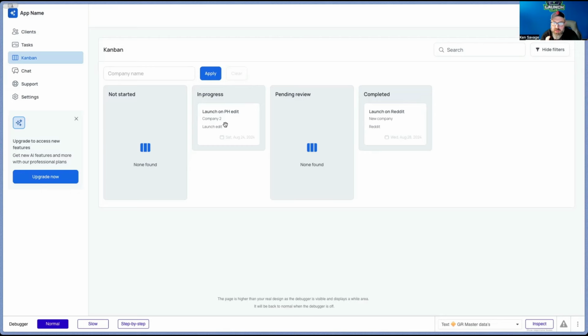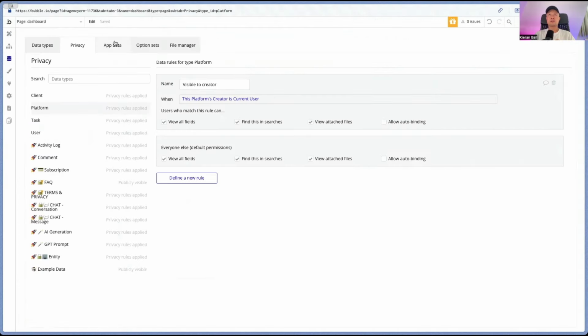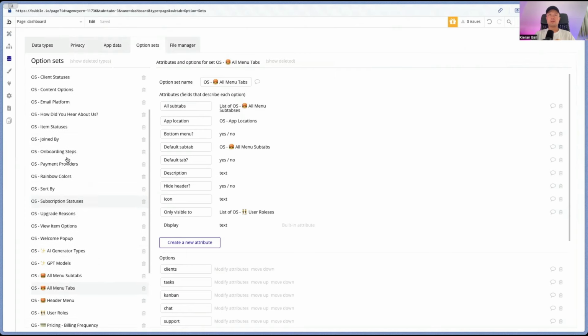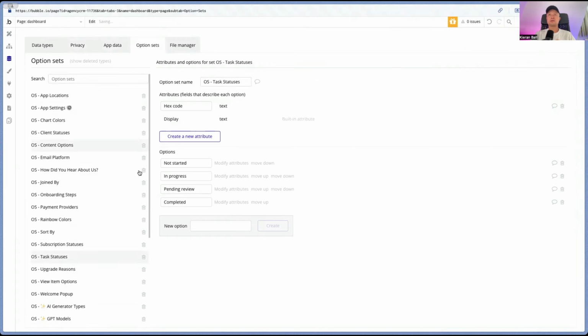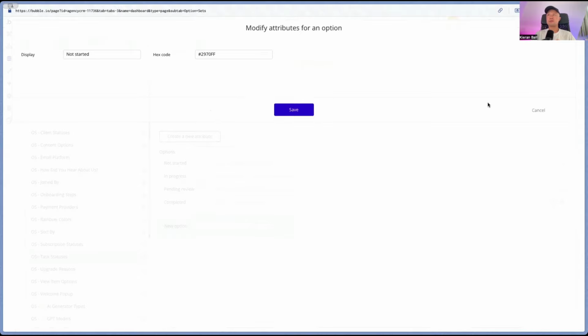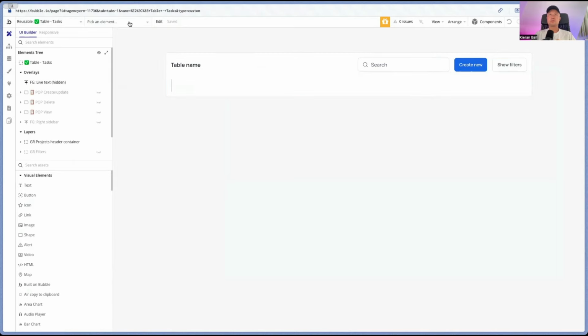If we wanted to edit these columns, I would just edit the option set, correct? Yeah, the OS item statuses. So we can change this to OS task statuses. So you can change these. You can also, each one has a hex code, like a color. Yeah. So like in the tasks table,